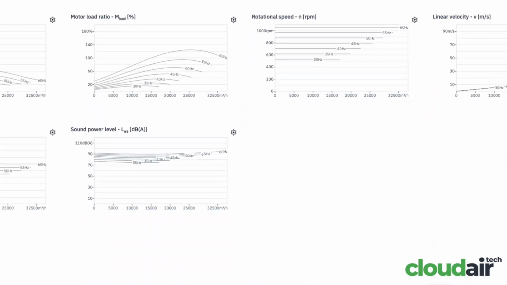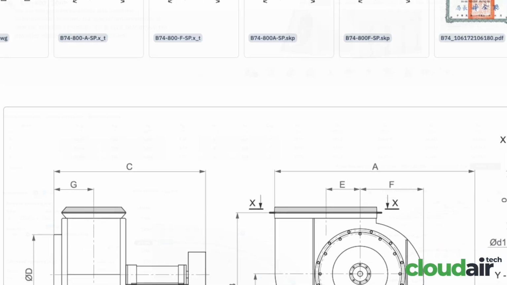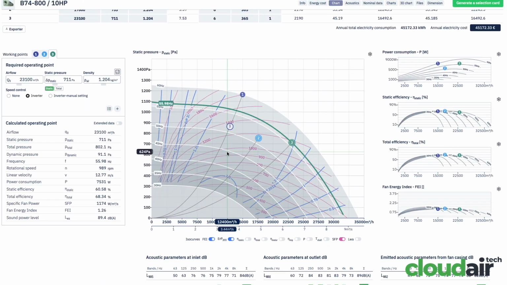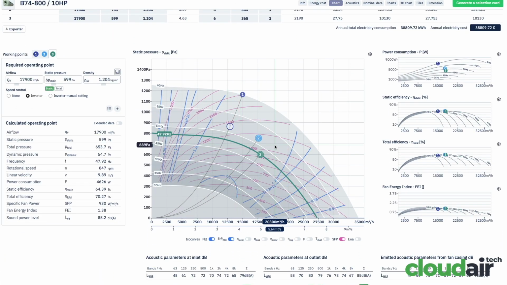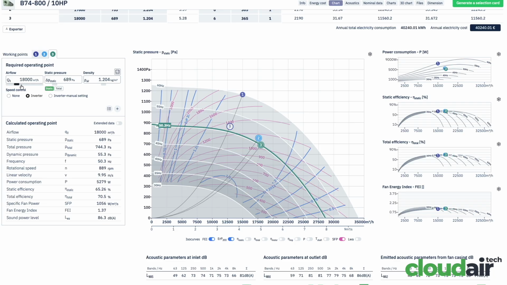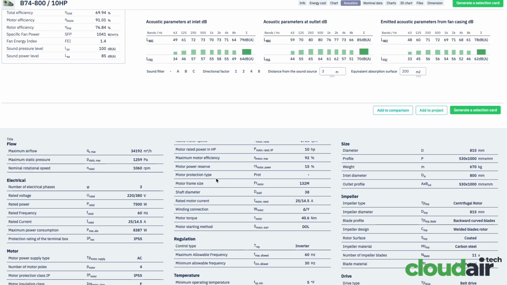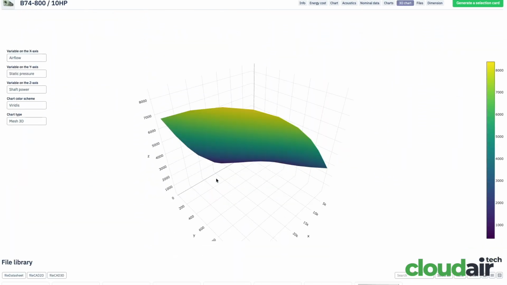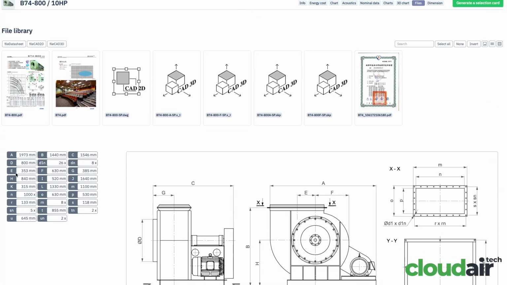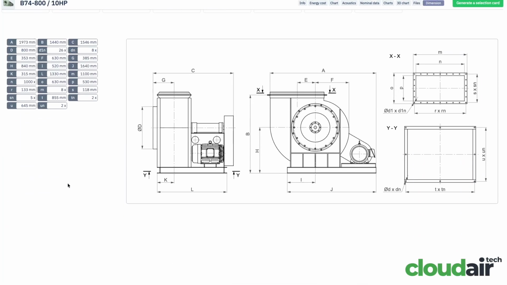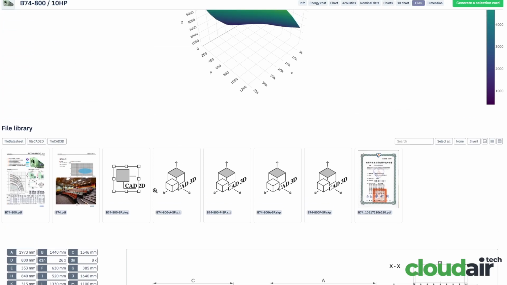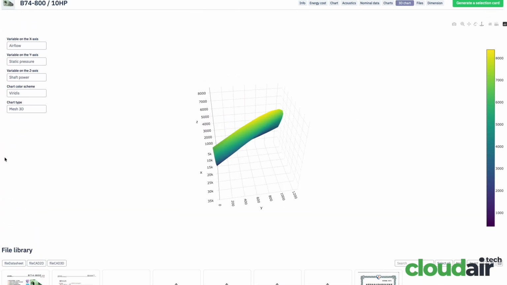Now that we've identified the best matching fan, we can enter the selected fan module, a dedicated space where all technical details of the chosen model are available in one place. Here, we can precisely analyze its performance, view how it behaves across a wide range of operating conditions, and adjust specific parameters to match the real-world setup. This is also where we gain access to complete documentation, dimensional drawings, acoustic data, efficiency charts, and more. It's not just a summary, it's a deep dive into how this fan performs and why it's the right choice